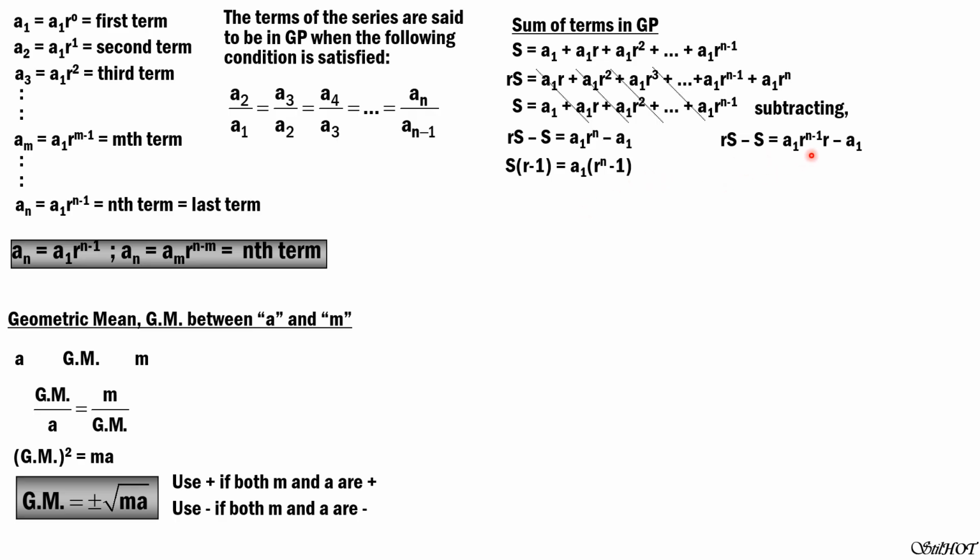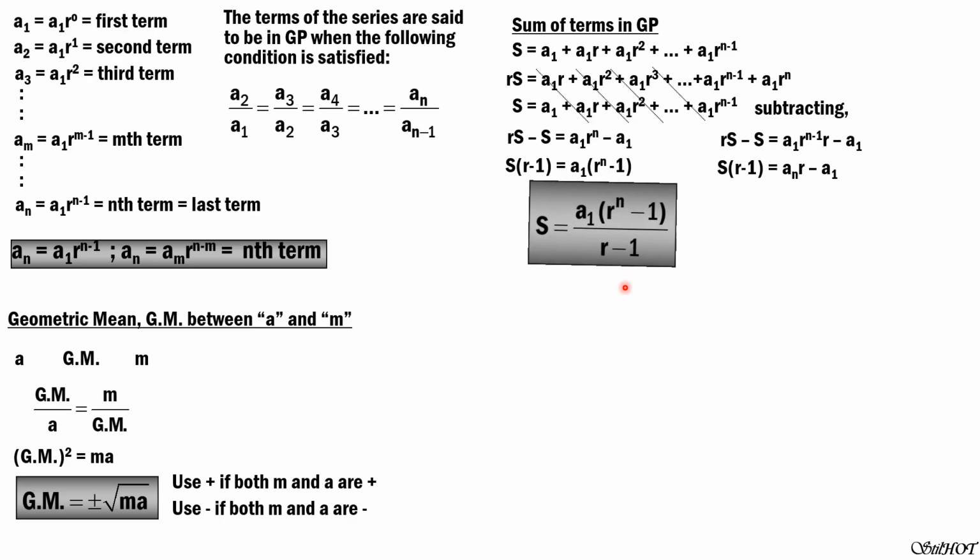And likewise here, we note that a1 r to the n minus 1 is the last term. So this is S times quantity r minus 1 equals last term times r minus first term. So there are two formulas for the sum of geometric terms. We have first term quantity r to the n minus 1 divided by r minus 1, and the other formula from here is last term times r minus first term over r minus 1. But I suggest that you just memorize one. It's easy to memorize this formula if you also derive it.